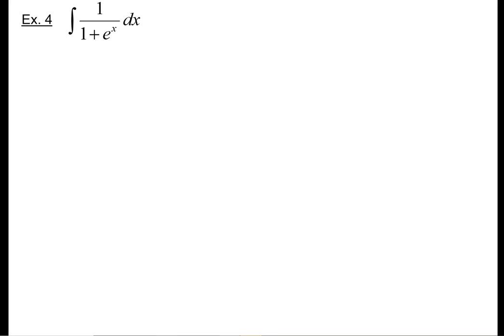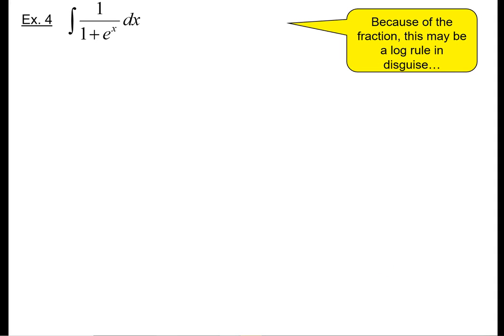We've got the integral of 1 over 1 plus e to the x. At first glance, this doesn't look like anything that we can do so far. We don't have a u substitution, I don't think, because of the e to the x. That's kind of messing us up, and we just have a 1 on the top. It doesn't look like any of the inverse trig rules. Maybe an arctan because I don't have a radical, but this one's going to require something a little bit